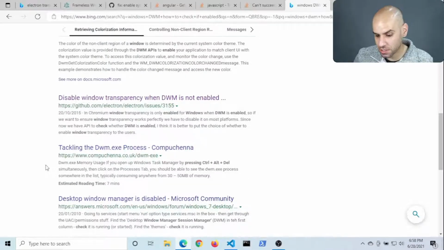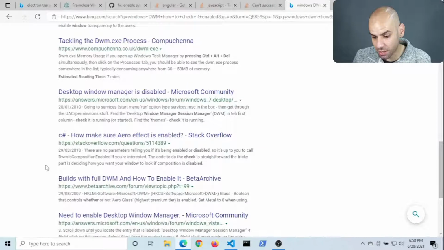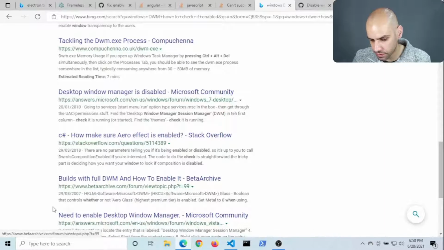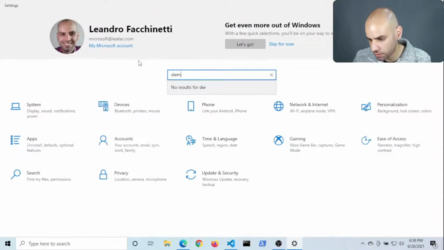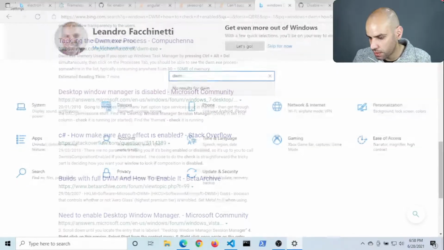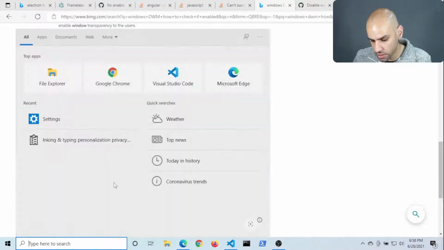Maybe because I was searching about Electron stuff before, or maybe because it is something that comes up often. Maybe I should just go to settings and look for DWM, or maybe the control panel, or maybe just here,